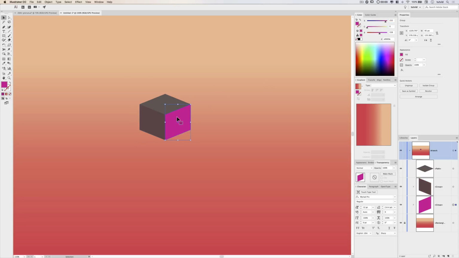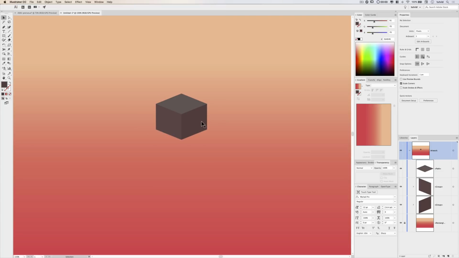And then for the right side of the cube, I'm going to go 5B, 4646, something like that. So you can see we've got a nice gray cube. All the sides are shaded slightly differently, shadow side, front, and it's looking good. Now we want to add the sort of light to the cube to make it look a little bit more